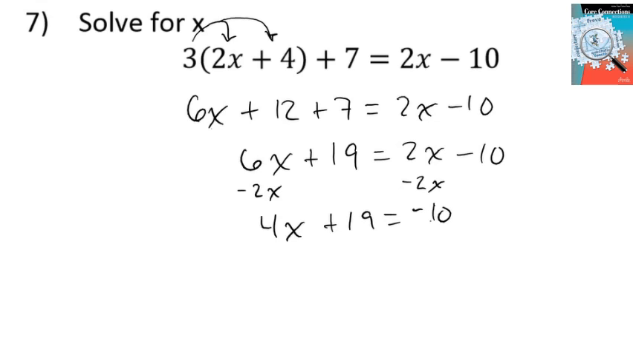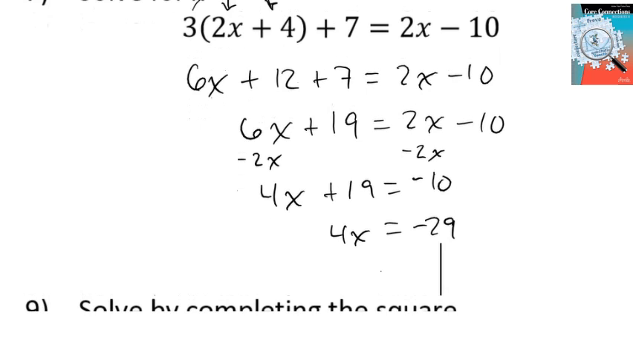Next, I'll take away a 19 from each side. That leaves me with 4x on the left-hand side and a negative 29 over on the right-hand side. And then finally, in order to solve for x, I'm just going to divide both sides by 4. So x equals negative 29 fourths. I encourage you to grab this value, 29 fourths, and look at it on your calculator. Perhaps as a decimal, this is negative